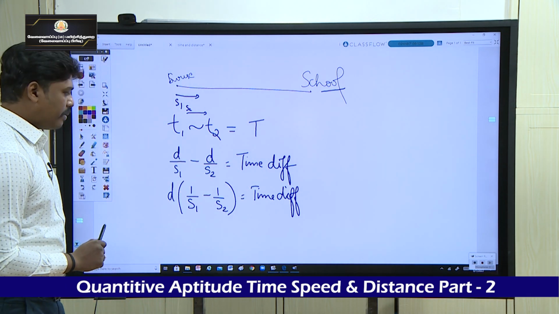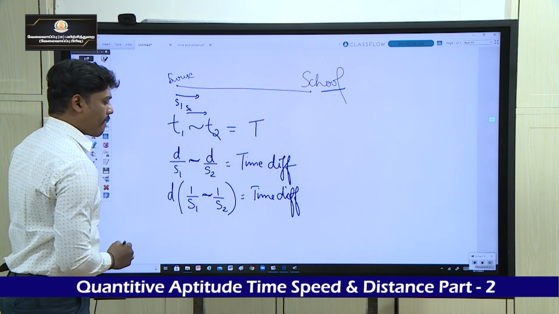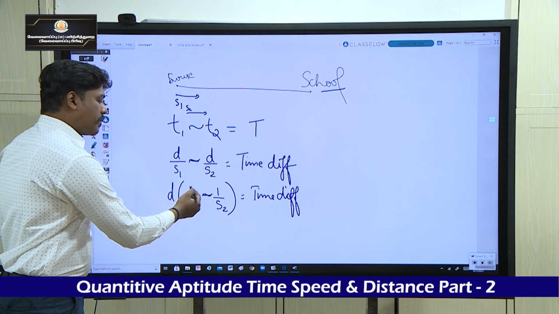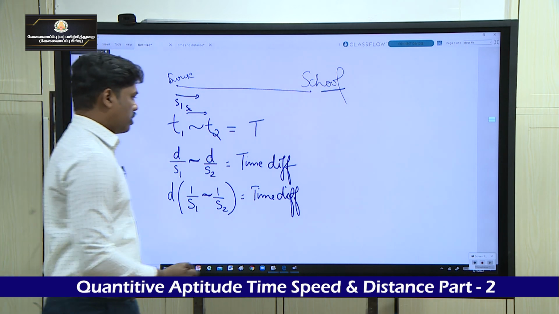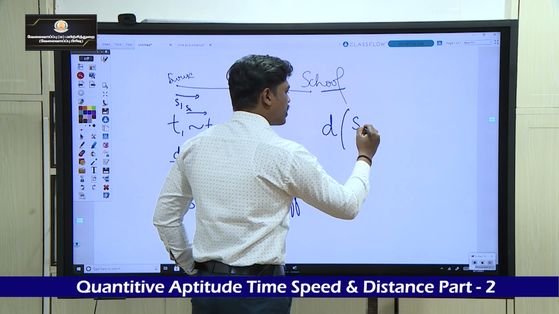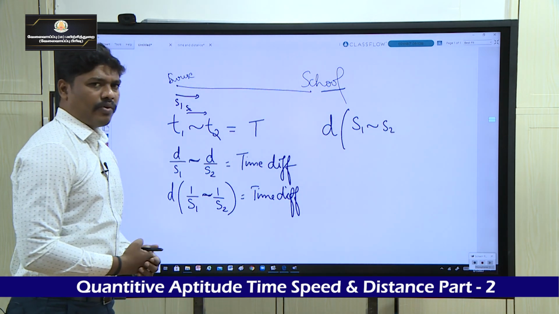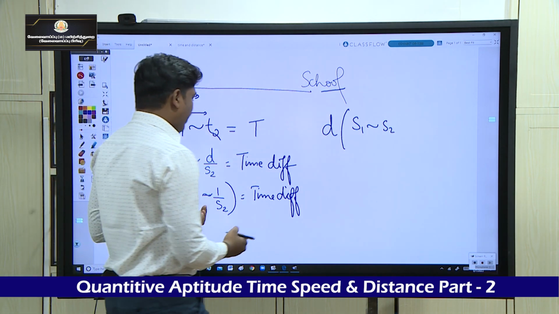Is equal to time difference. Now do a cross multiply. Write as difference. You will be getting S2 difference S1. So distance into S1 difference S2, or S2 difference S1. We are going to find a difference. Divided by